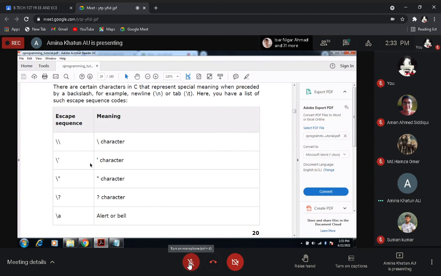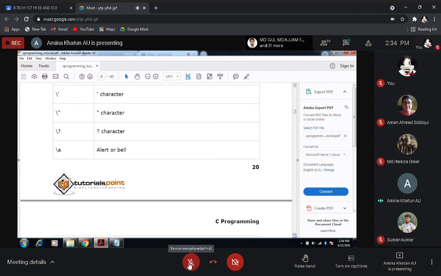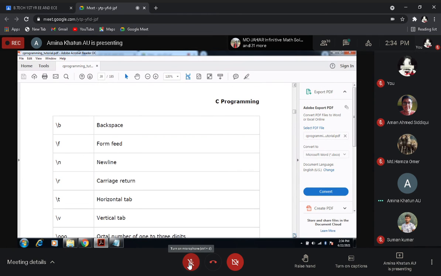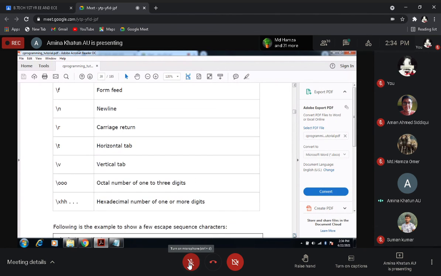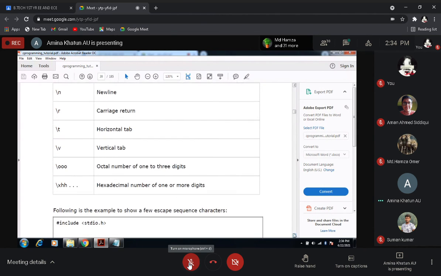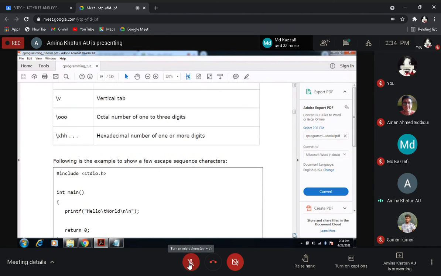If you want to put a single quotation, you have to write backslash then quotation. Next is \n, an escape sequence, which means a new line: the next statement will be printed on a new line. There are many of these, such as \t for horizontal tab, \v for vertical tab, etc.